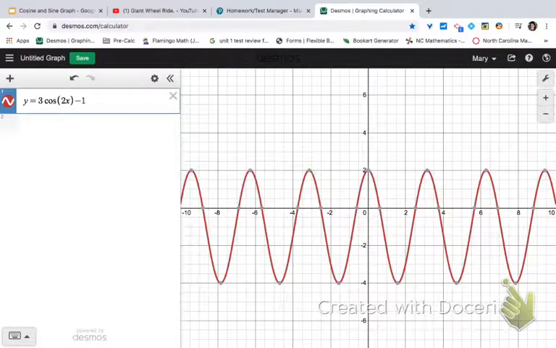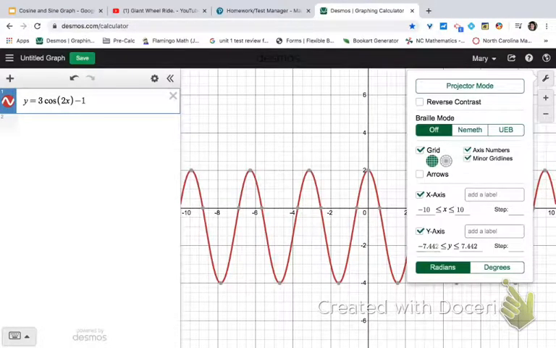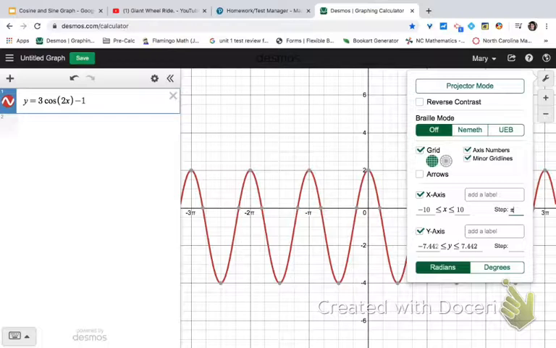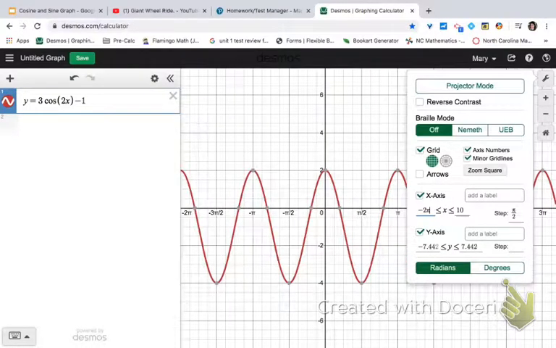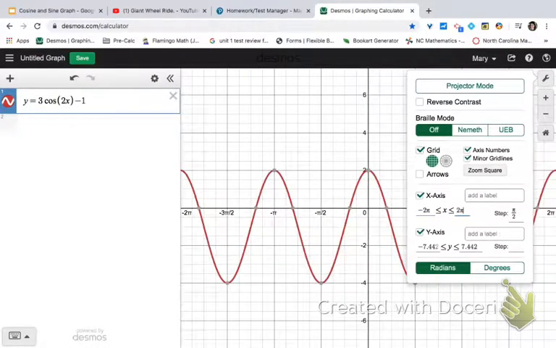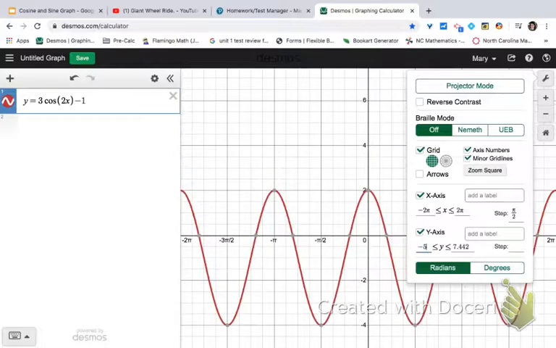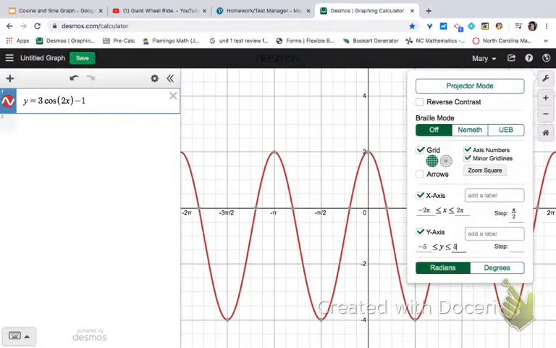I would also like to remind you that we can change it to degrees or radians by going over to our little wrench, clicking on radians, making my steps go from pi over 2, and then I can change my axes to negative 2 pi, positive 2 pi, and remember I'm just typing the letters pi. And then my y-axis can go from negative 5 to positive 5, and that gives me a very nice looking